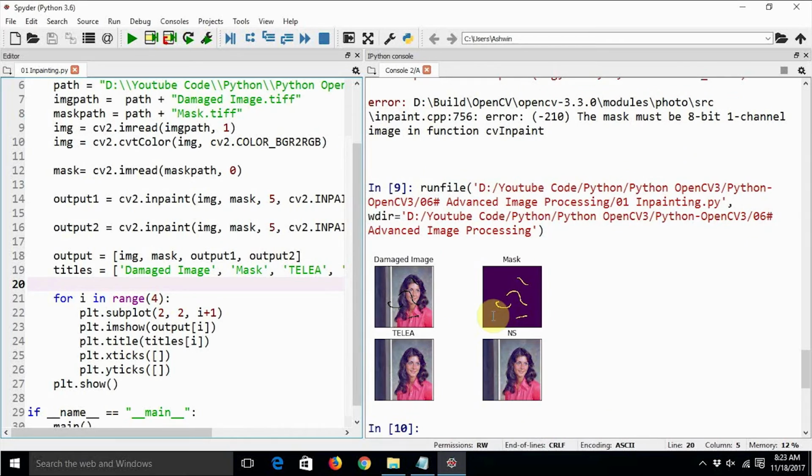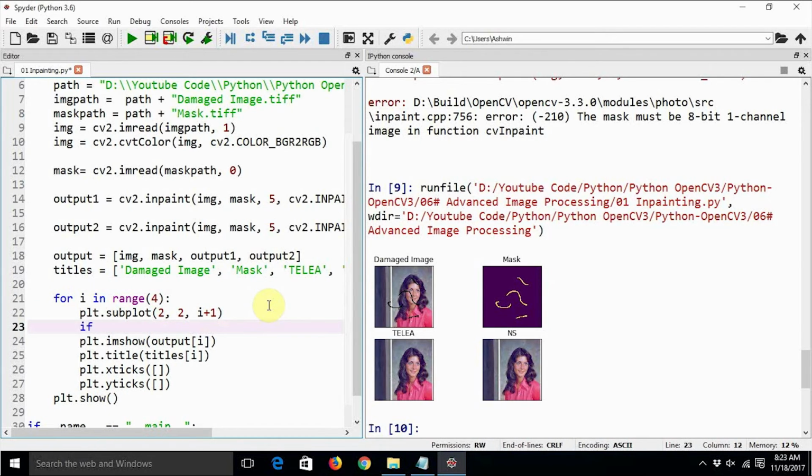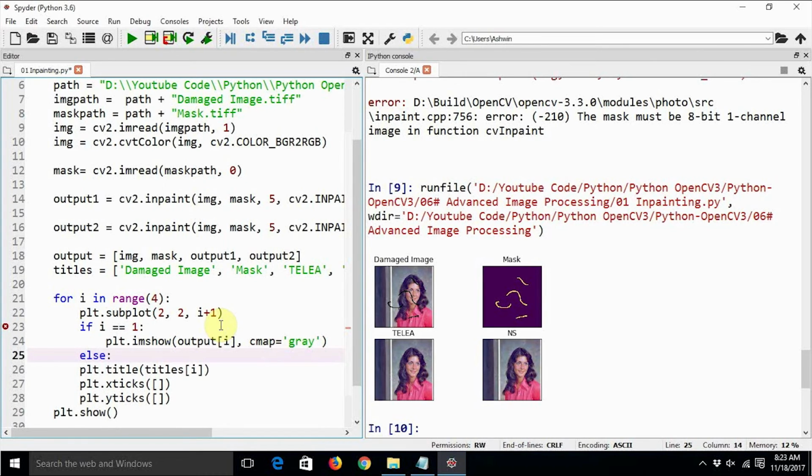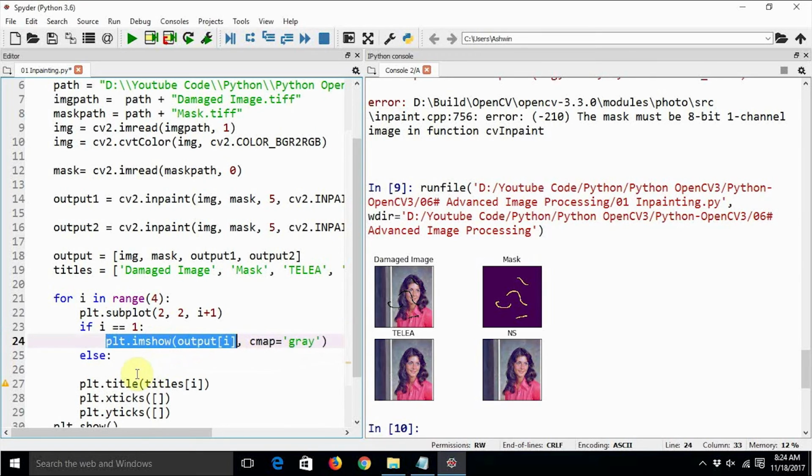So in order to be comfortable with the color space of mask, we can just say if i equals to 1, sorry, if i equals to 2 or 1, then CMap equals to gray, else we will just use output of i, nothing else.